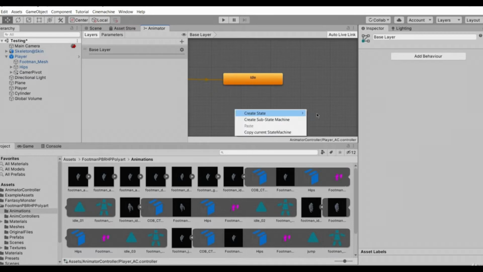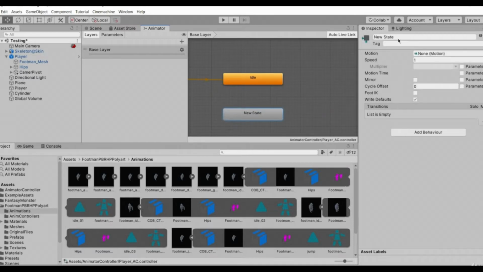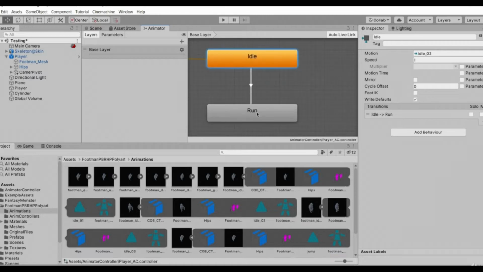So next thing which we need to do is we need a run animation. So create another state and make it run, and what you have to do is just right click over this idle animation and make transition to, and left click over this run animation, or you can say this state, and then just do the same way. You have to just revert it back, and click on this idle and run. We need to select the run